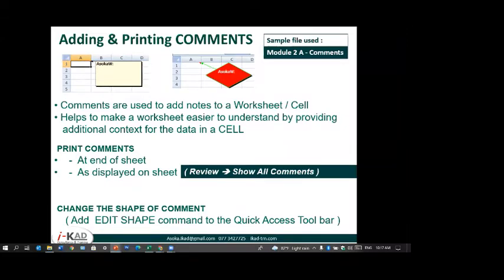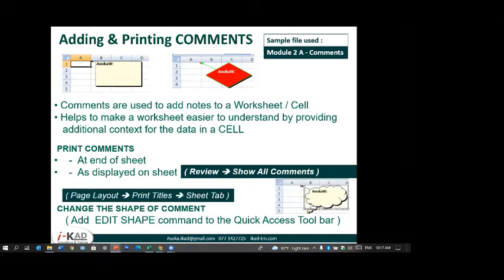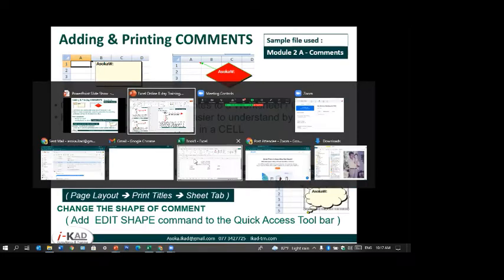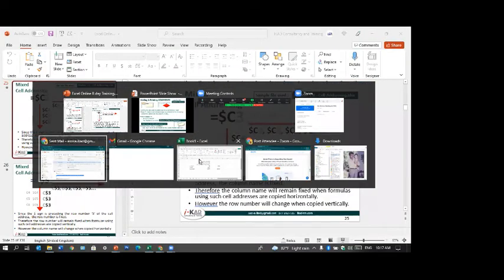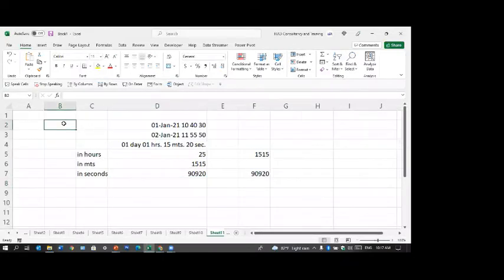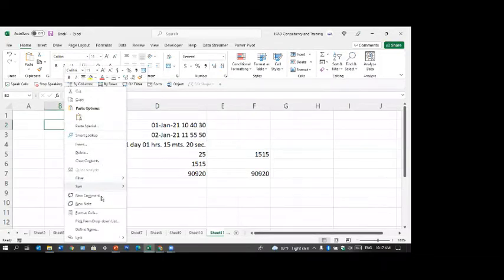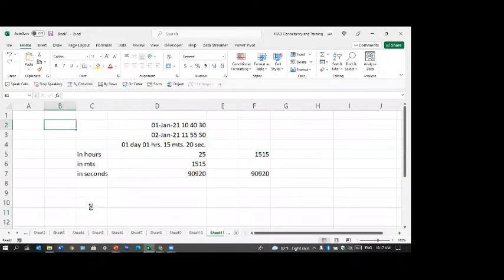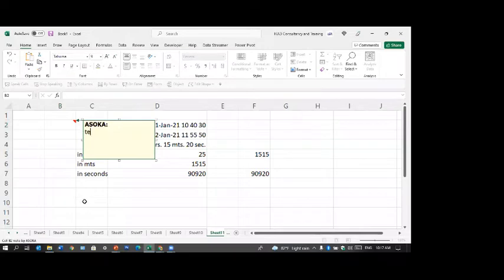I don't know whether you know how to print comments, if you want to print them. That I don't know. You know, right? Okay, so it's not very essential. A lot of people know how to enter the comments. Even I learned it maybe some time later. You right click and you can put a comment. Right now in 365, the comment is called a note, but in your case it's a comment if it's an old version. So I'll say test comment, test. These people keep on changing all these things, right?